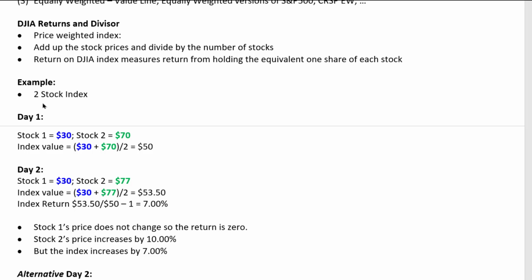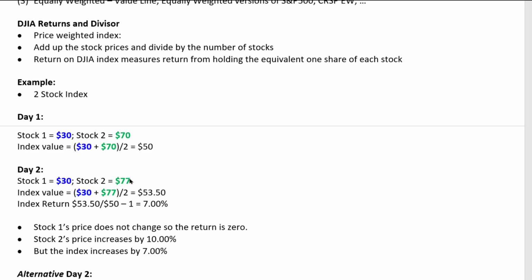So let's look at a two-stock index example, and let's assume at the end of day one, stock one closes at $30 and stock two closes at $70. I compute the value of the index by adding these up and dividing by the number of stocks, which is 2, and I get that the index value is $50, which is the average price of the two stocks in the index. And let's assume at the end of day two, stock one hasn't changed, but stock two is up